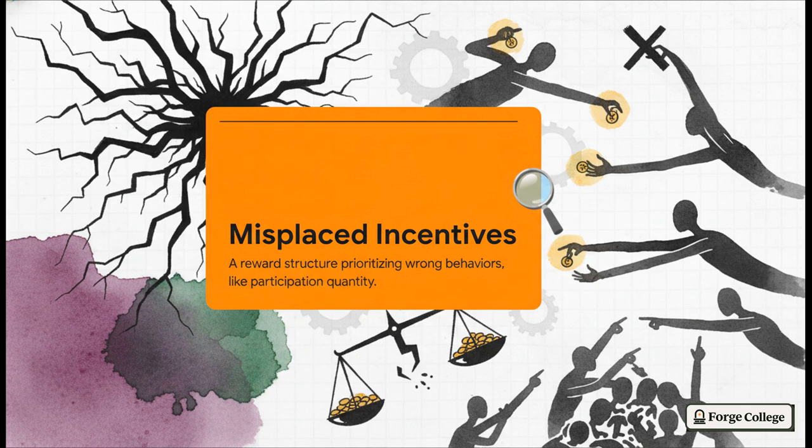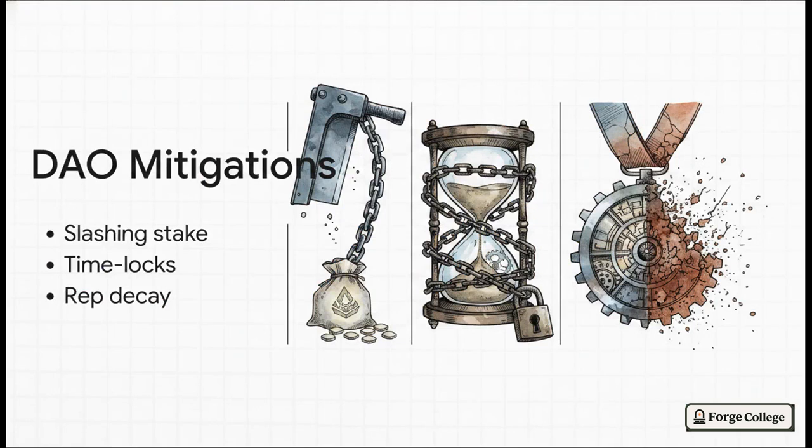In our various Forge College learning programs, we actually spend a lot of time analyzing these exact real-world failures. Why? Because it proves that if you design the wrong incentive, you will efficiently and perfectly engineer your own doom. So how do we fix it?